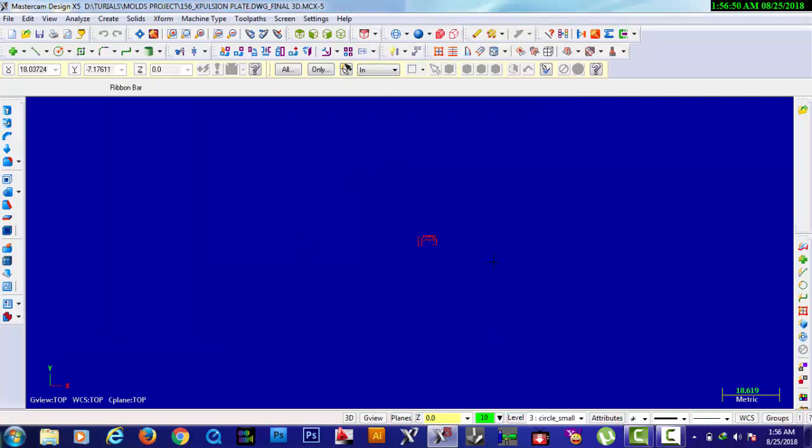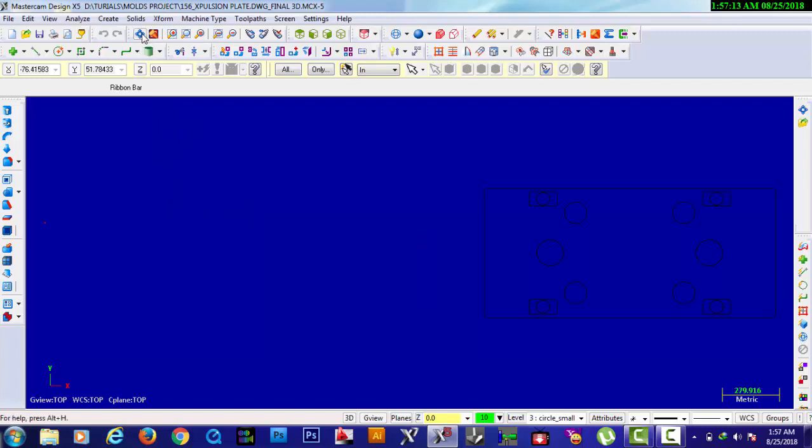So here we go. As you see here, there's a small object in your Mastercam. So all you have to do is click Fit here in the menu bar.